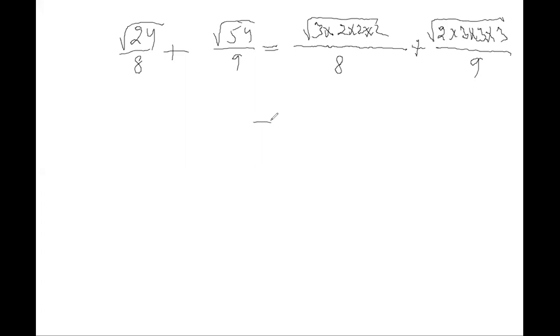So now here a pair of 2 is there. So one 2 came out, and 6 is left inside. Here a pair of 3 is formed, that 3 came out, and 6 is left inside. Now these two numbers are like numbers, like rational numbers. Now in both of the numbers there is square root 6.